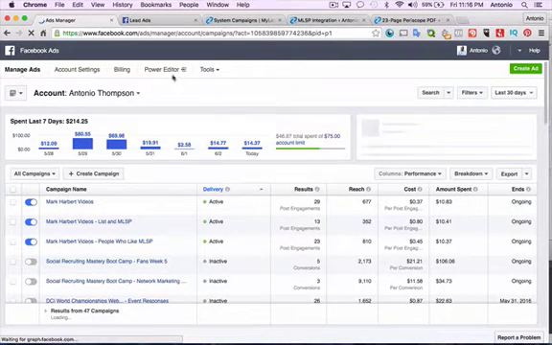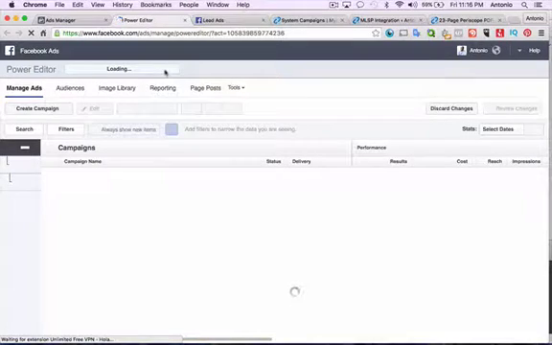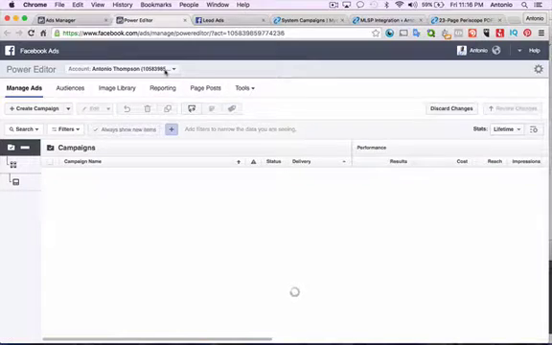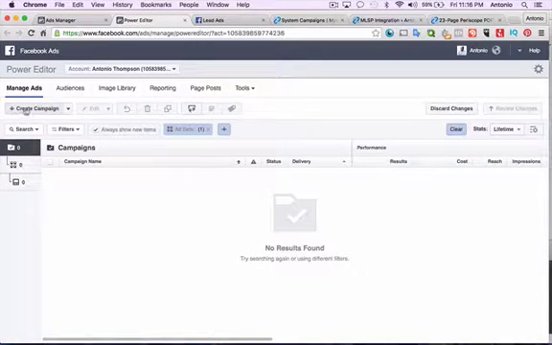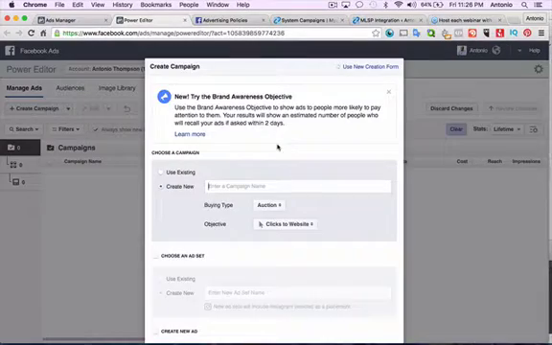And so we're going to go into the Power Editor to design this ad. So the first thing we want to do is go ahead and create the campaign, create our ad,